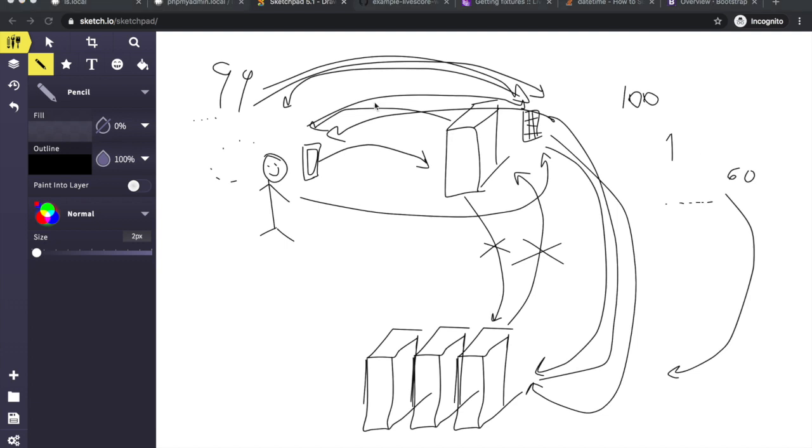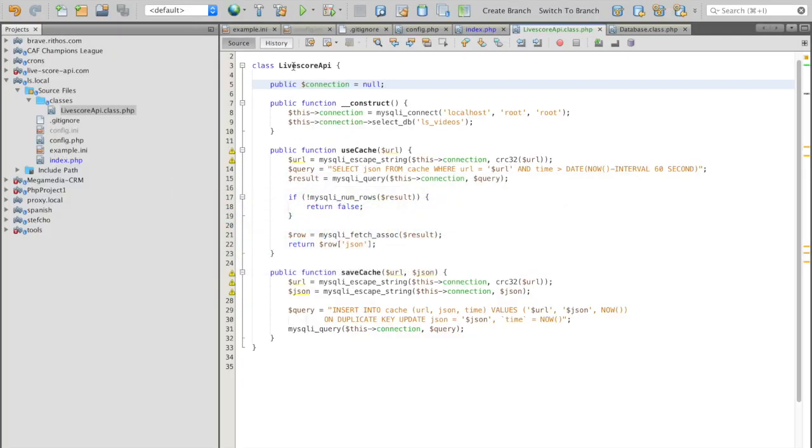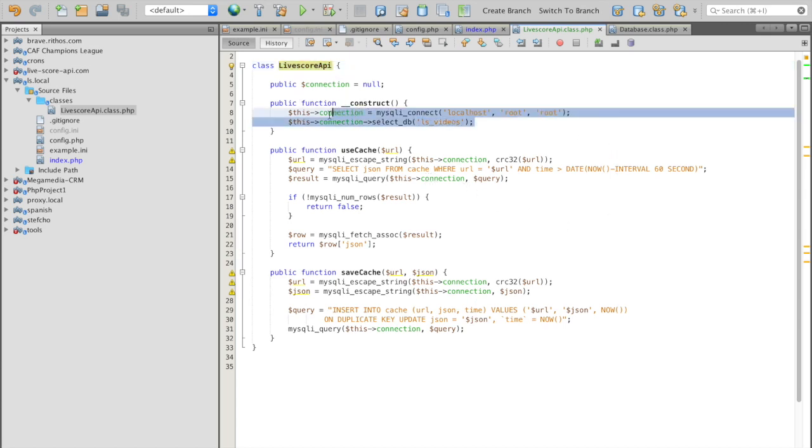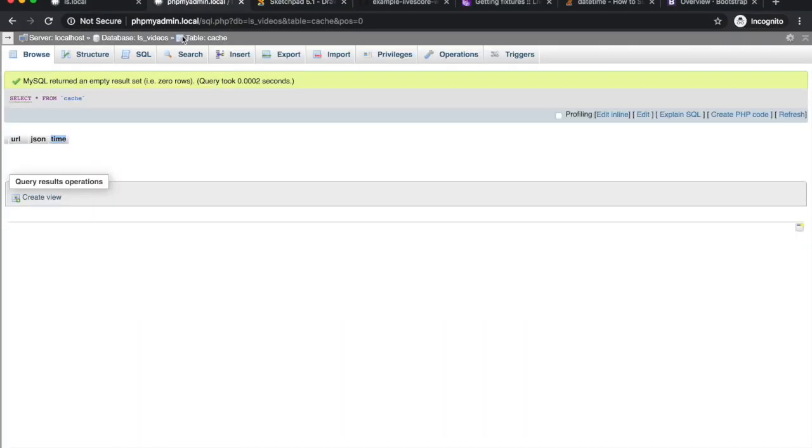So how do we achieve this caching? Here, there is a small class that we added to our project. It will go also in the GitHub repository. We have a connection to MySQL database, but could be easily any other database. And we have this use cache function, which takes a URL, tries to find it in the database here, and